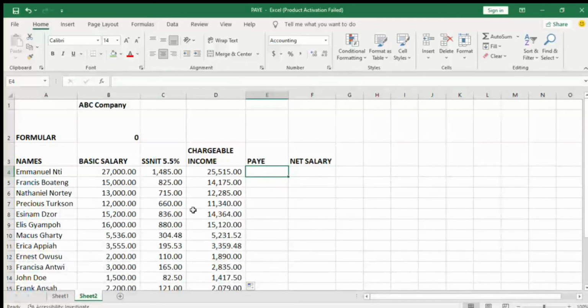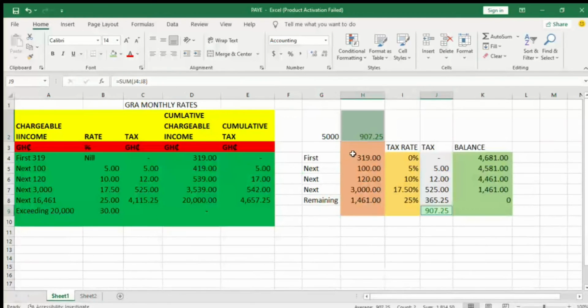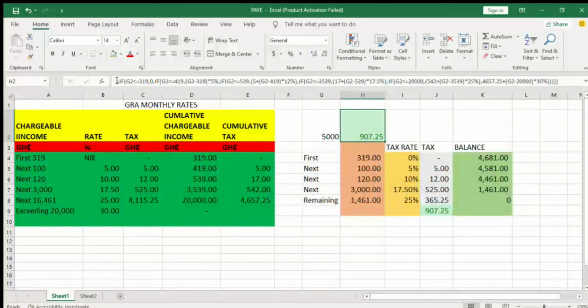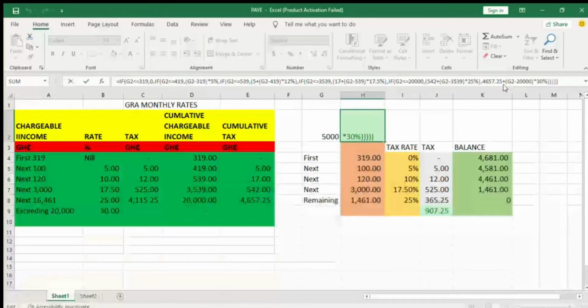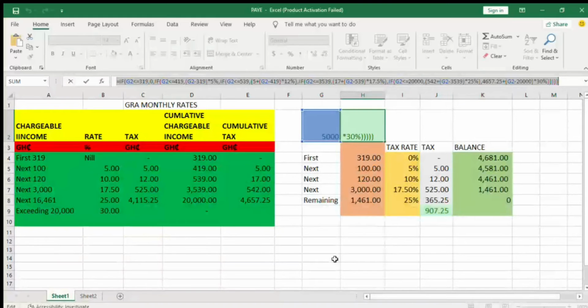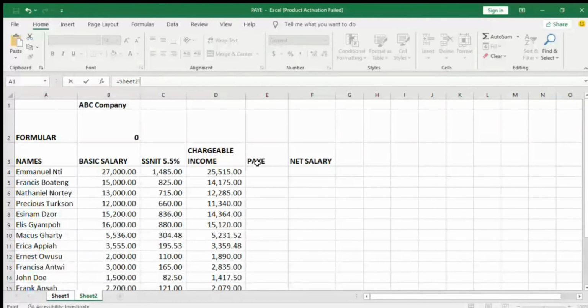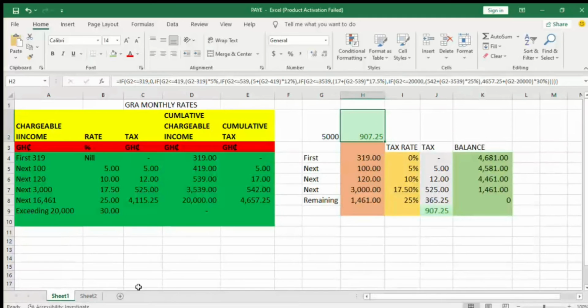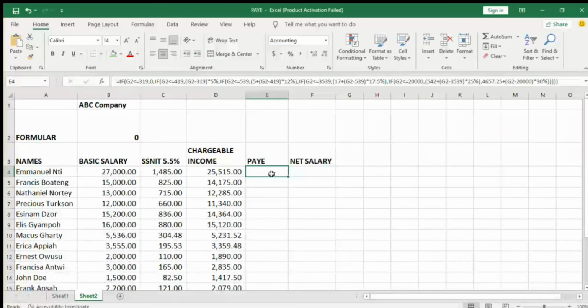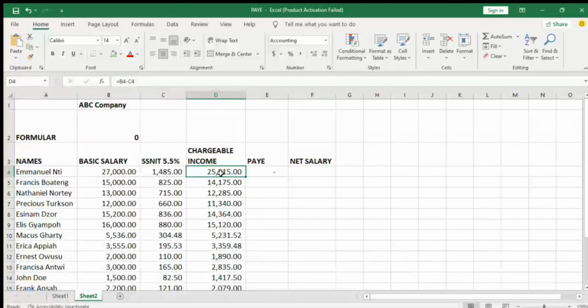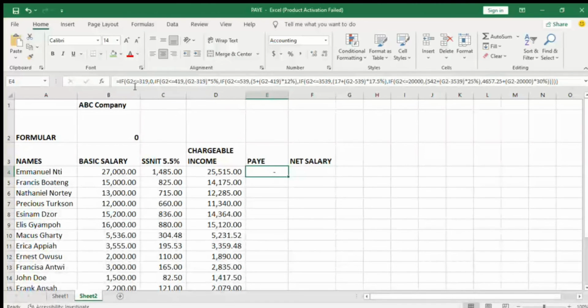Okay, so we go back to the sheet over here. So you click on it, then you copy all the formula here. So you can copy here, very simple. Then you select copy. Okay, so you go back to the cell here, you can press escape. So you come here, then you paste, and press enter. So it will not work because it has picked G2. Okay, but the cell here is D4. So you have to change all the G2 to D4.